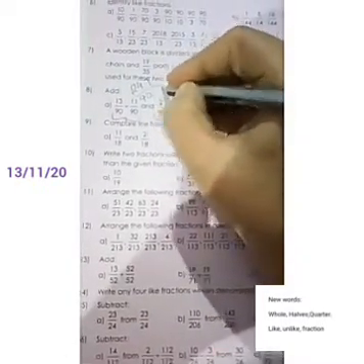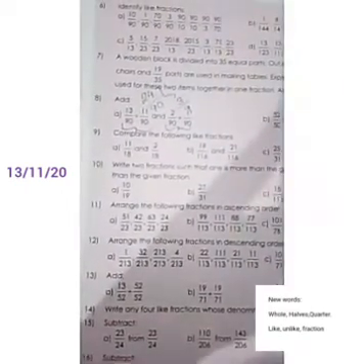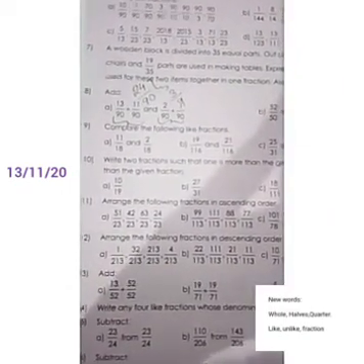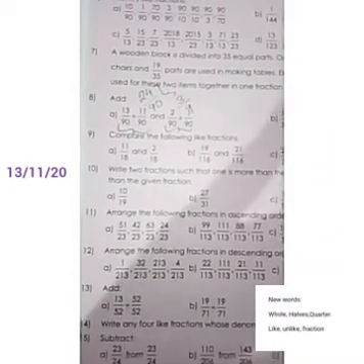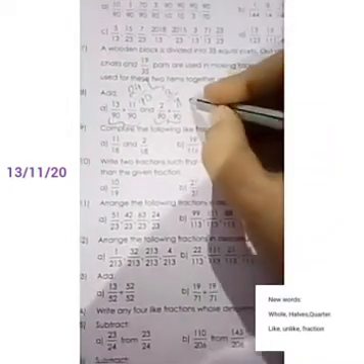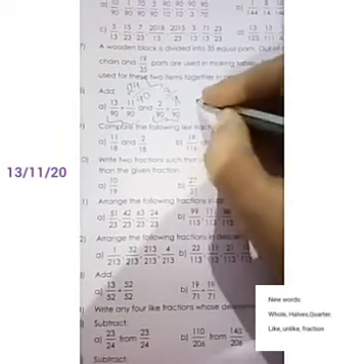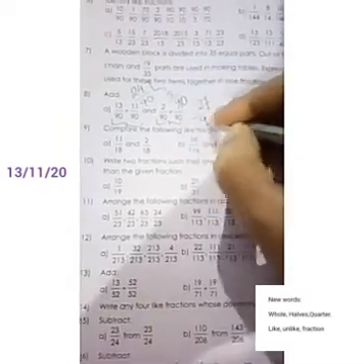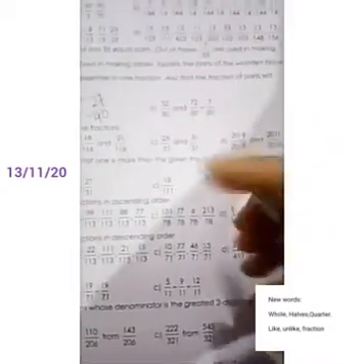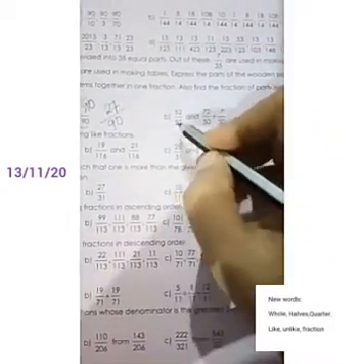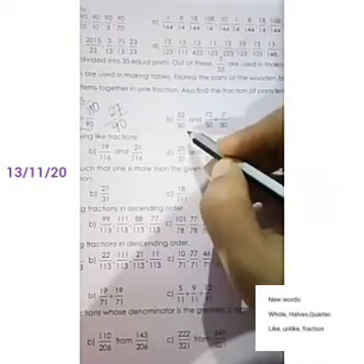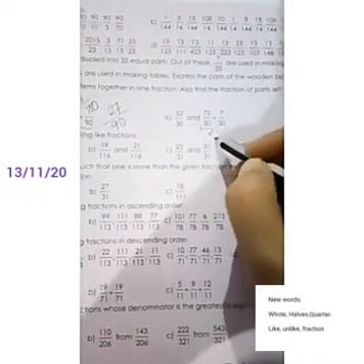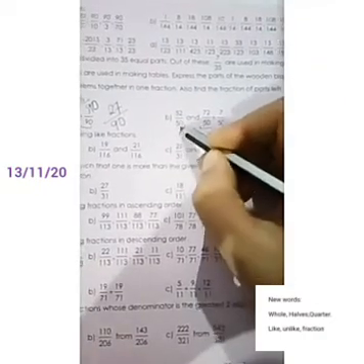Then you add these two answers. So 24 plus 3, how much will you get? You will get 27. Sorry, this is 27 by 90. Similarly, this question also has one single expression given: 52 by 50 and 72 by 50 plus 7 by 50. Add these two, and whatever answer you get, then add with this.